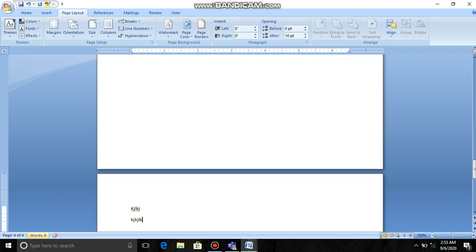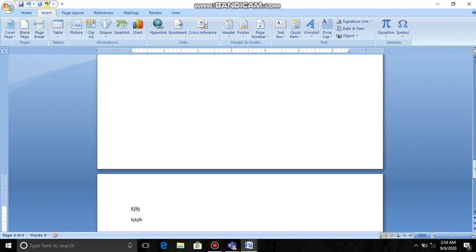Okay, so these were all the methods through which we can insert the page break. Two proper methods are, one in the Page Layout and another in the Insert. The third one which I told you in the beginning is a manual method through which we automatically reach the second page when the one page is full. But whenever methods are being asked, you have to share these two methods. One is through Insert, another is through Page Layout.